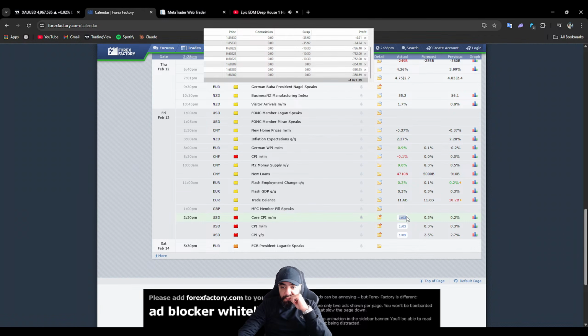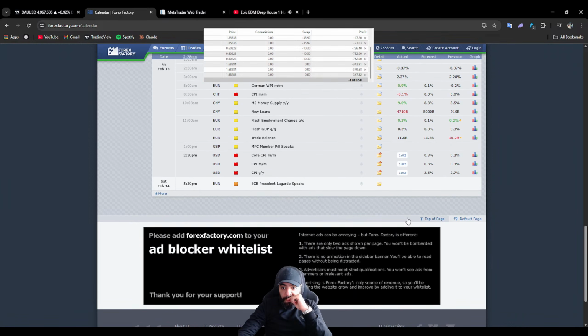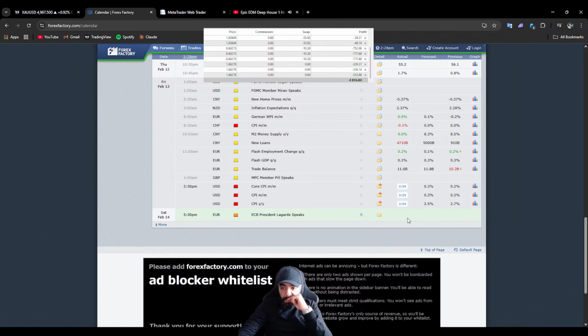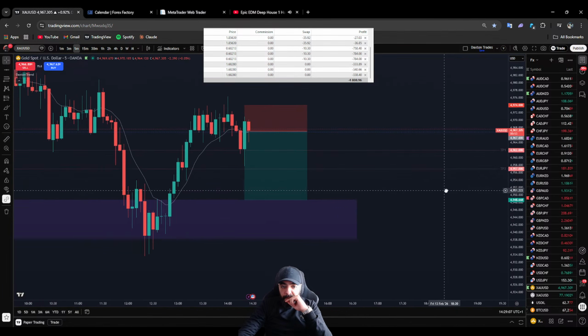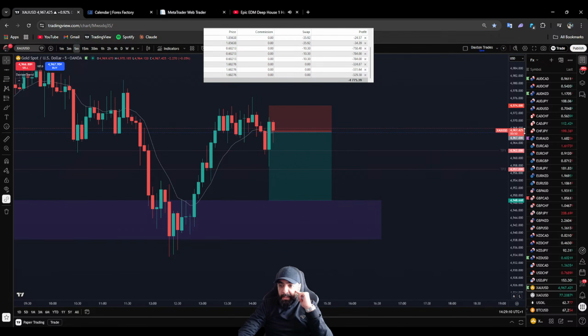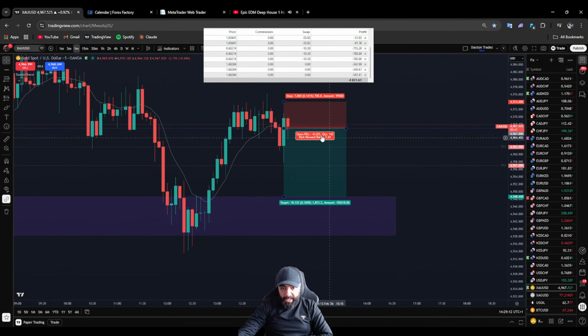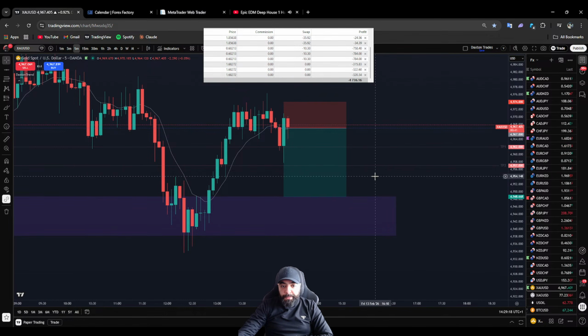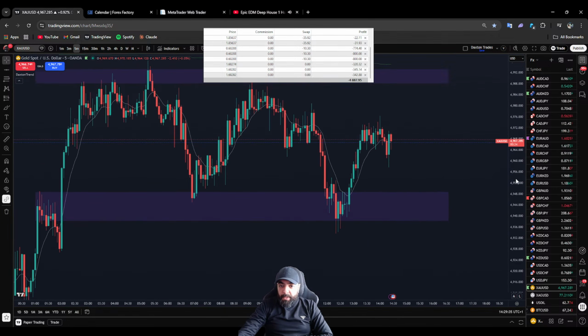Mm, 1 minute left. See, I cannot stay in the trade 1 minute before the CPI and the price is here. At least the price needs to be here. So the plan now is wait for the crazy stuff, the first 5 minutes, then find the new entry. So let me quickly remove this and let's watch.